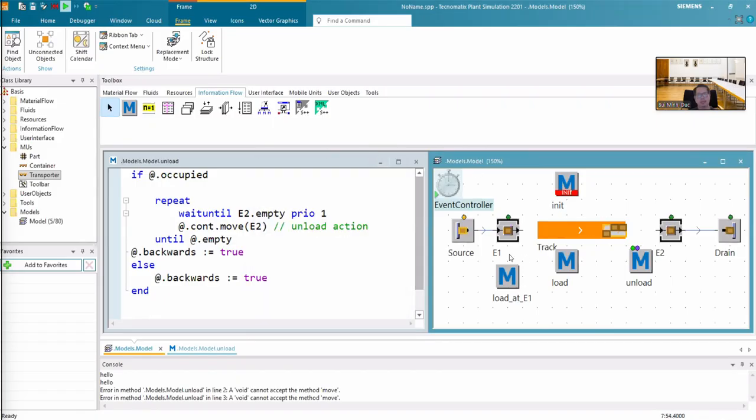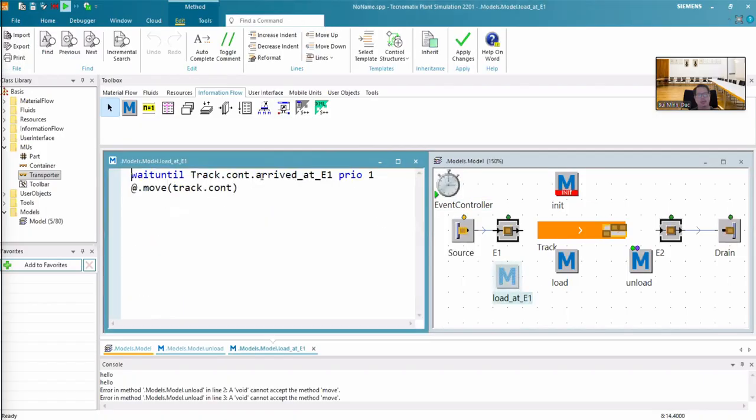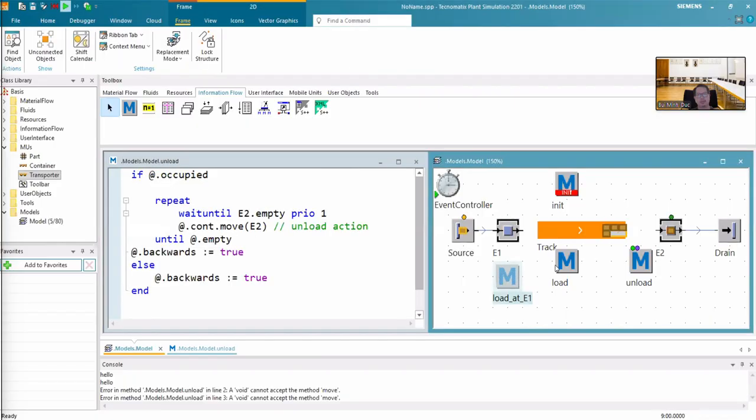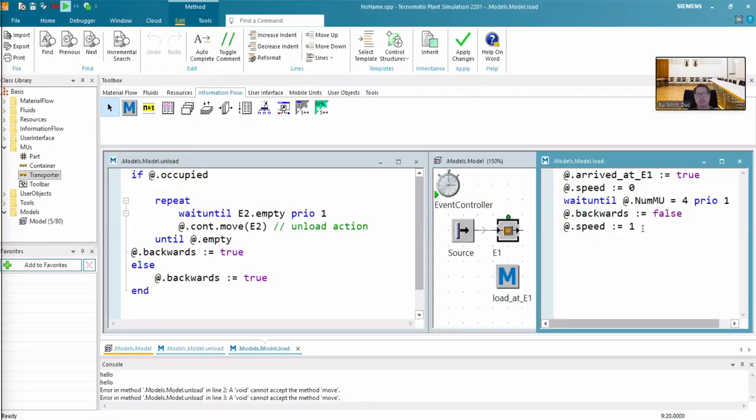Okay, so here, when it departs at E1, this one, I need to set back the arrive at E1 equal to false. So it means that because you go away, you need to set back the arrive at E1 equal to false. Okay, at 7,